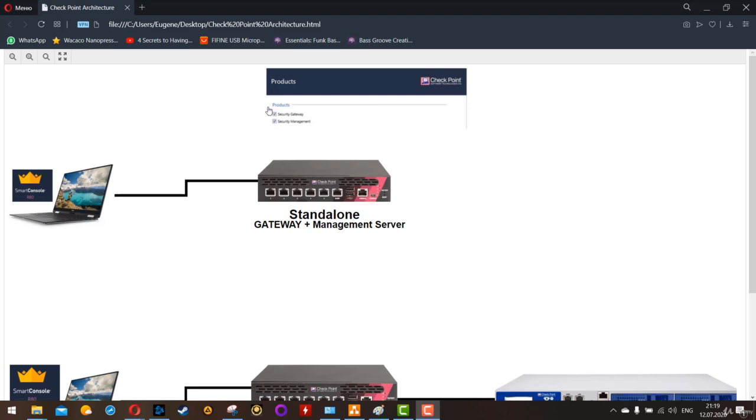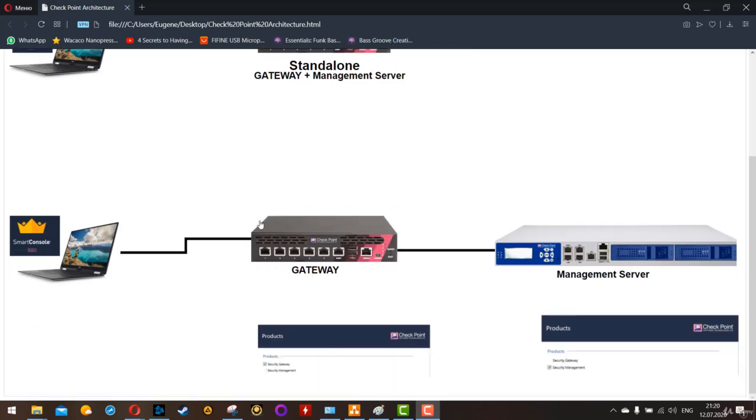If you want standalone, just check both products here, security gateway and security management. If you want to install only the gateway separately, you click only security gateway and leave security management unchecked. And on a management server dedicated to managing 5 gateways,